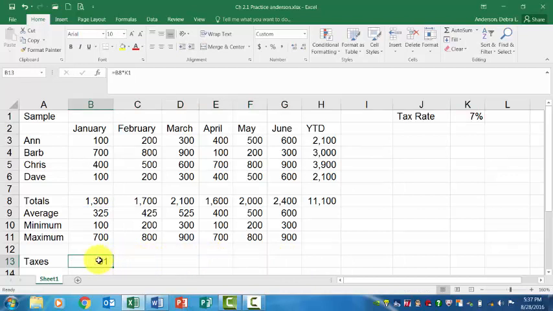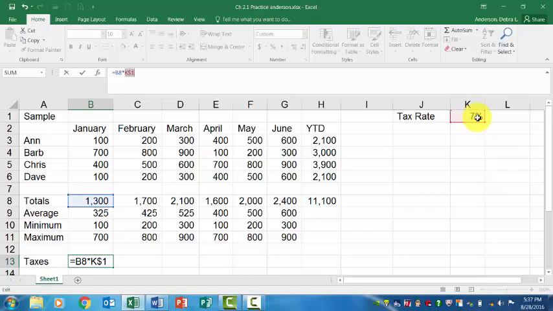Click on the cell that has the formula and edit it in the formula bar. So B8 is this cell times K1, this cell. This is the cell that shouldn't move. So click on the cell address K1 in the formula bar and hit F4. And what F4 does is it changes it to $K$1. That means only go to column K, only go to row 1. If I hit F4 again,